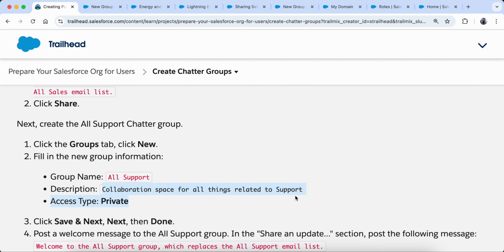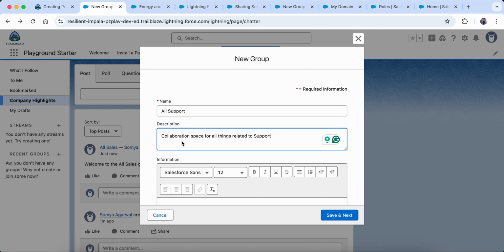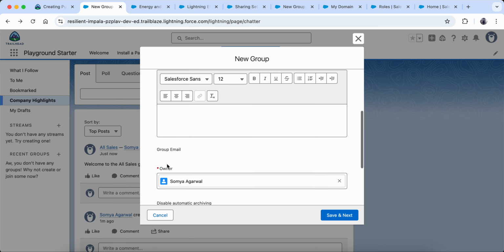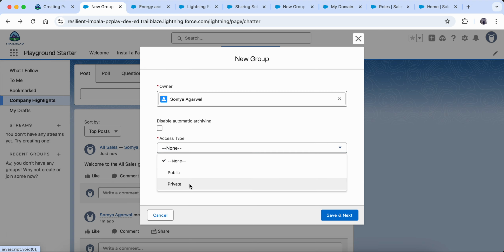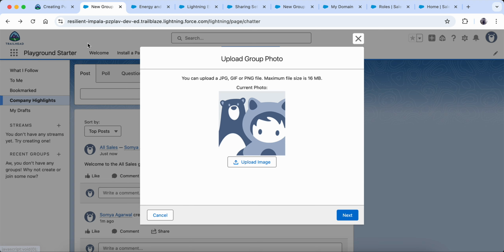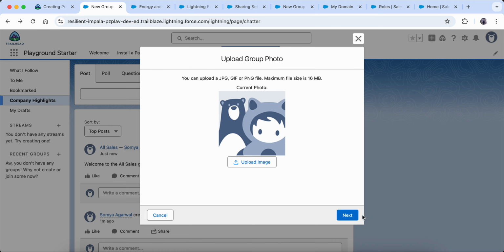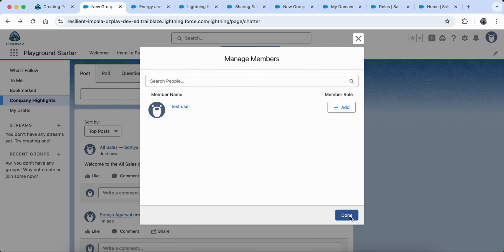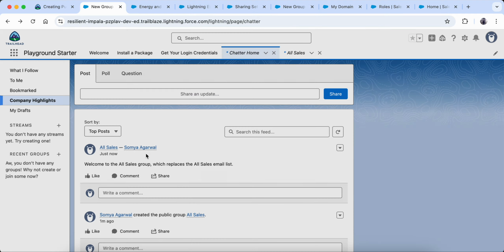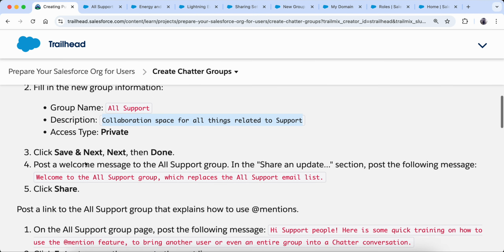The description is: this is the collaboration space for all things related to support. Now the access type here is private, they're saying. Then save and next. Do we need a photo? No. Next, next, and done. Right now we are not doing anything.